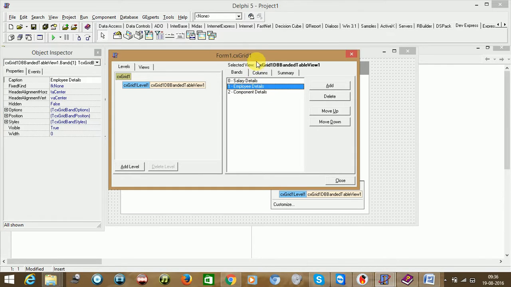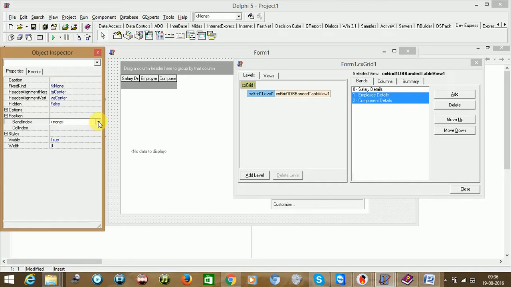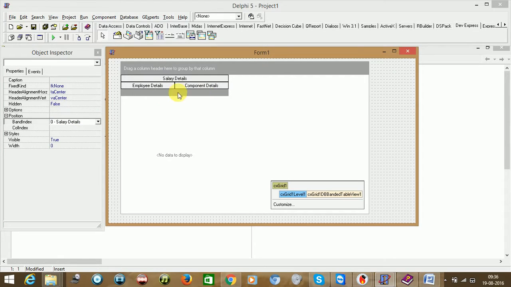Now if you look here, all are coming in one row. So just select these 2 bands, go to position and select band index, salary details. Yes, close this. And first you can just enlarge this size.